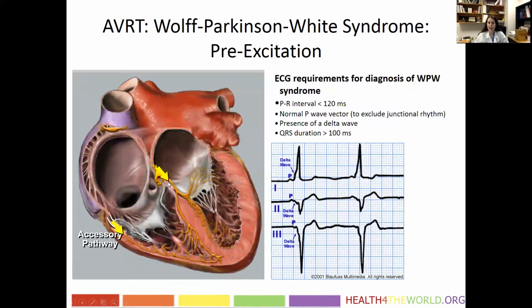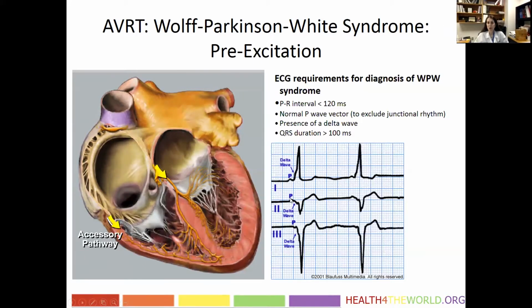It goes down the AV node, but look, this patient also has an accessory pathway, so the activation also goes down this way and starts activating the ventricle eccentrically, as we call it, and that's why we see this delta wave on the surface EKG, which represents immediate ventricular activation that doesn't happen through the normal conduction system of the